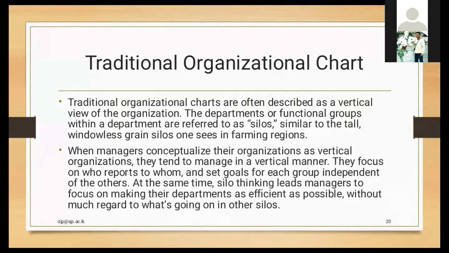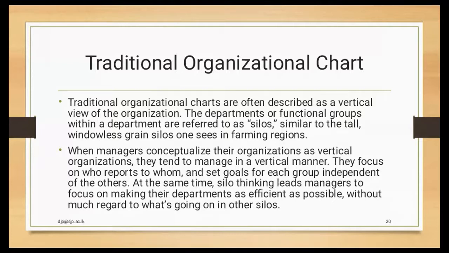For example, if you take these various departments, we have marketing, we have manufacturing, we have sales, we have HRM, and so on and so forth. So what happens is this kind of a vertical organization structure. What happens? So we organize the whole organization department wise. So when it comes to the manufacturing or production department, they would say,